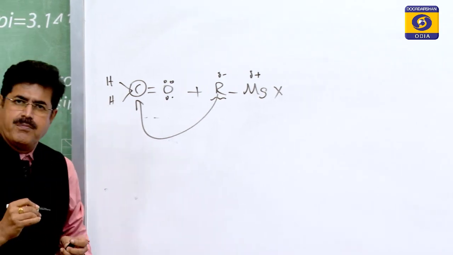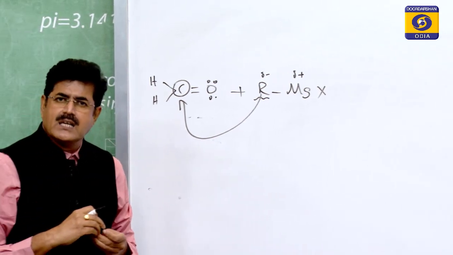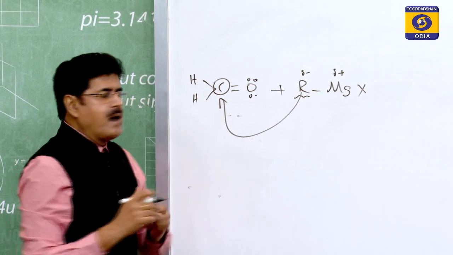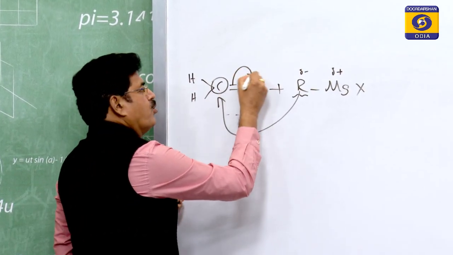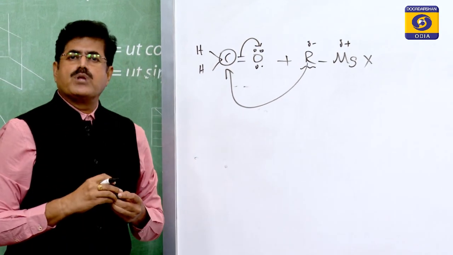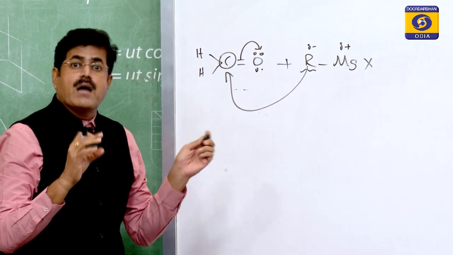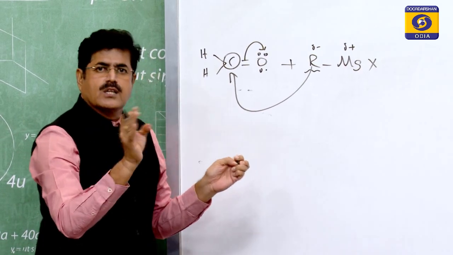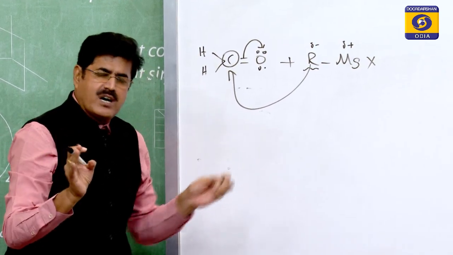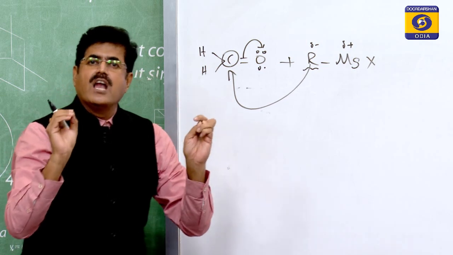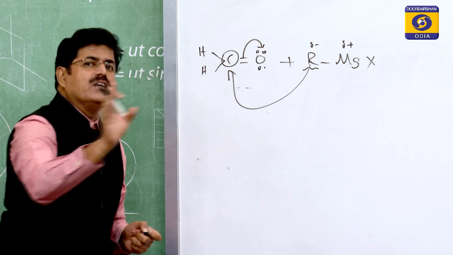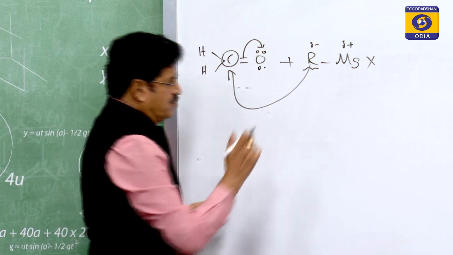So, it is more electrophilic, hence the alkyl group will attack. The alkyl group, being nucleophilic, having fractional negative charge, attacks the carbonyl carbon, and the pi bond, which is a weaker bond, breaks up and shifts to the oxygen. The oxygen now becomes negatively charged. This results in a halo-magnesium alkoxide ion intermediate. You see that?